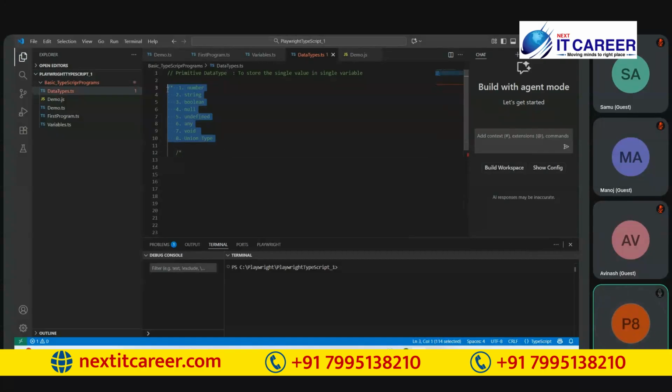All of these help us to store a single value in a single variable. Is it clear?